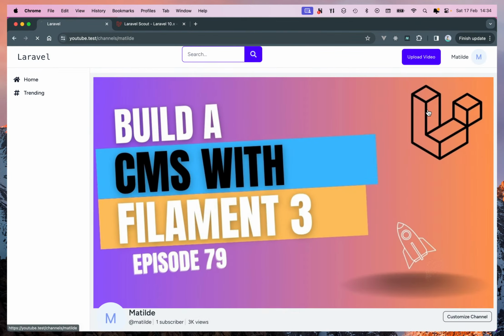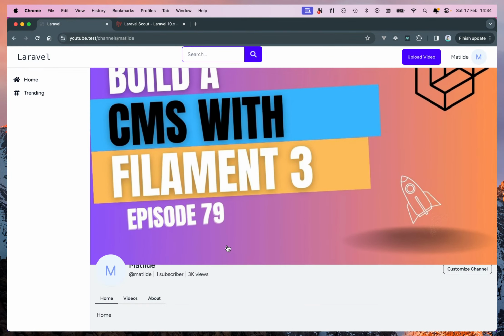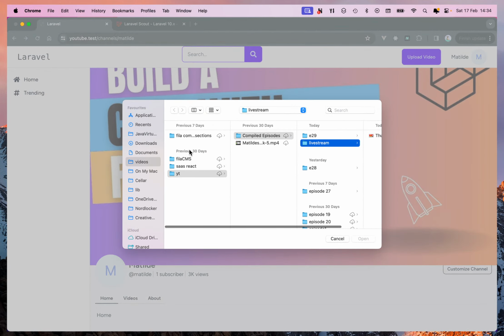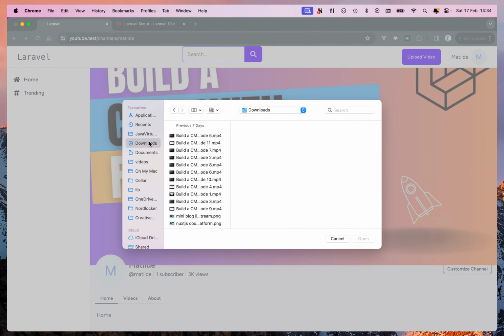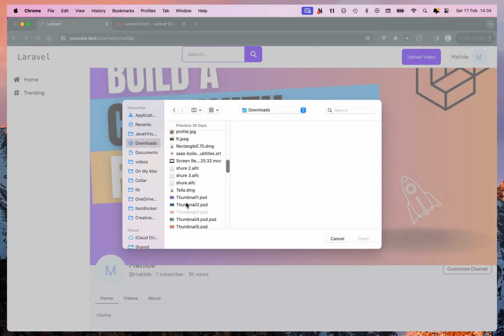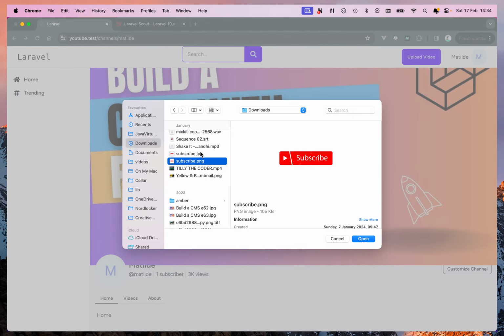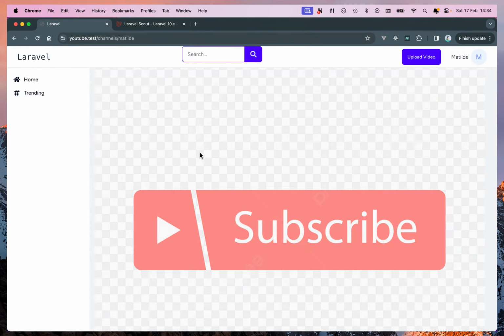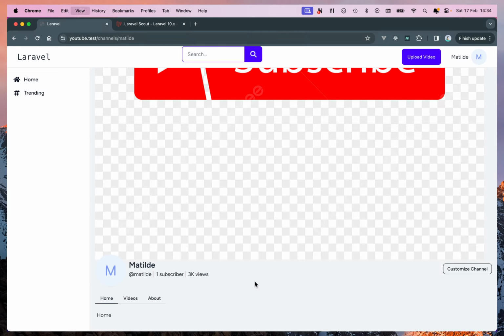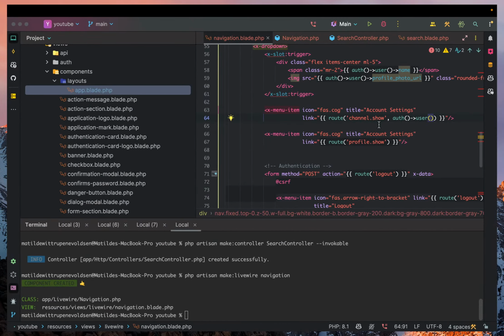If we then go in now and click, you can see we're getting to the channel, and this obviously is quite a big one here. I'm not going to say that's the best image I could have chosen for this. But as you can see, we can upload anything really. It just doesn't look very nice when it's that big, so we could make it smaller as well if we want to. We can customize the channel in here as well, so I'm going to go in and just change this name here to your channel,